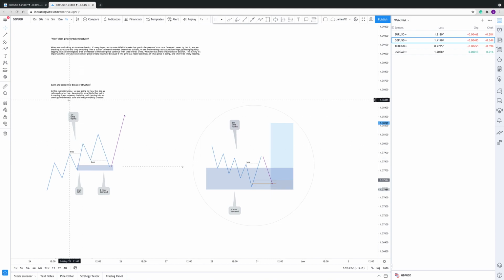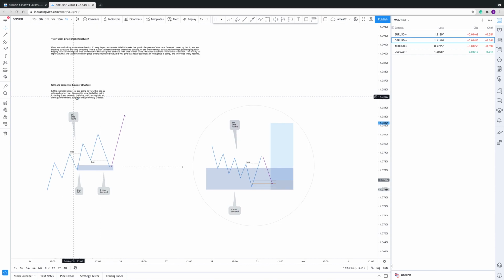What we're going to be assuming in this example is that this move here is a calm and corrective break of structure, meaning there's not much momentum behind it. It's just a break of structure with corrective and low momentum candles. So when we get this, we're going to view it as a calm and corrective break of structure, meaning it's very